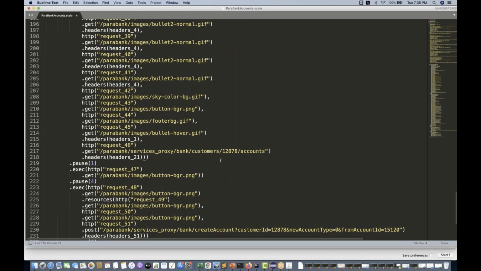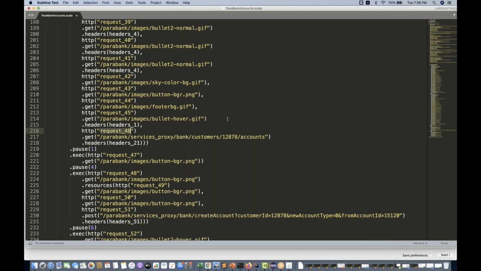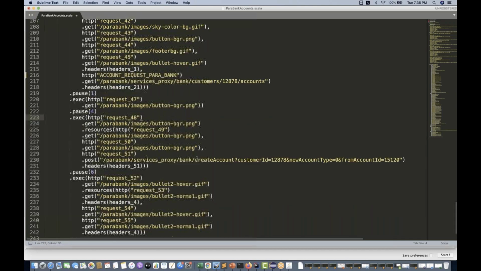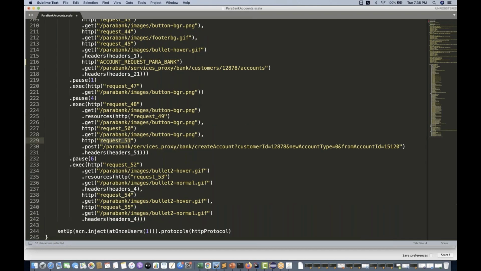And then they have one more request. This is the accounts request. I simply write account underscore request for Parabank. Whatever name you want to give, you can give it over here. And again, they are making the get call like that. And then they are doing a post call. This is a create account